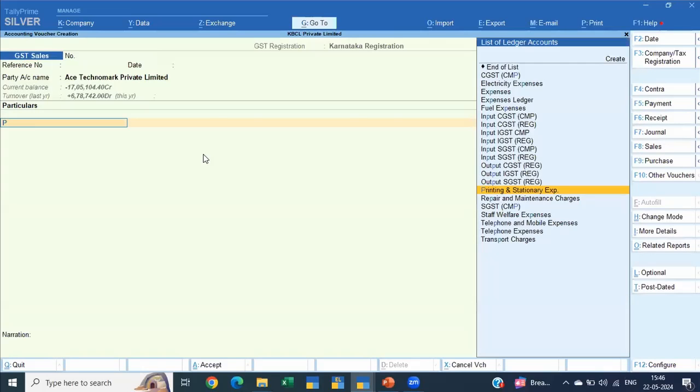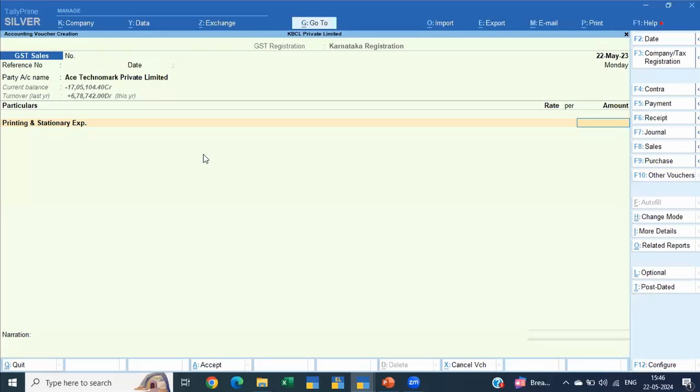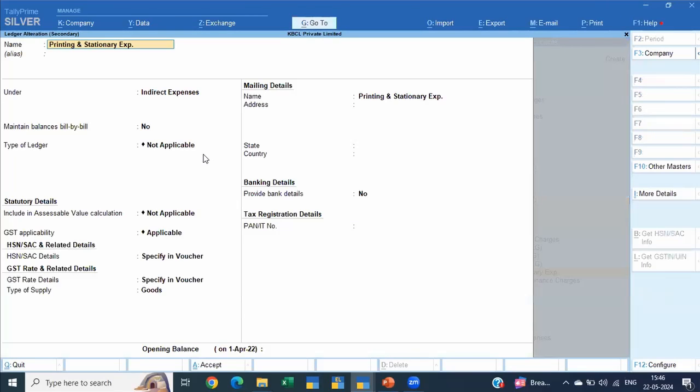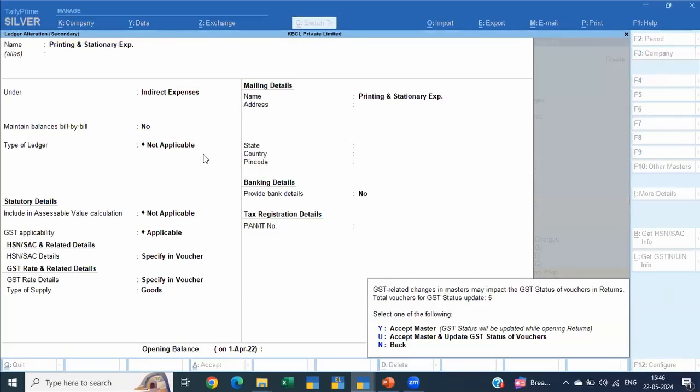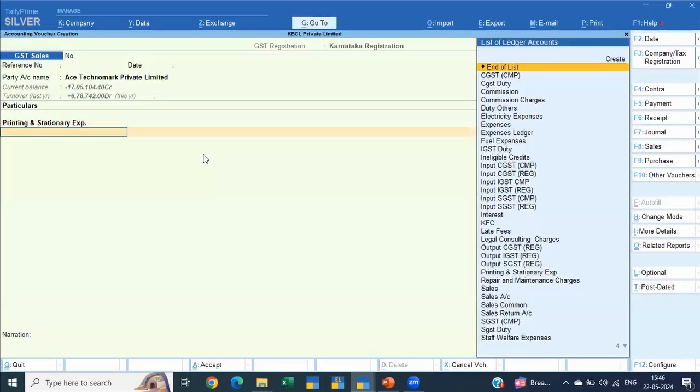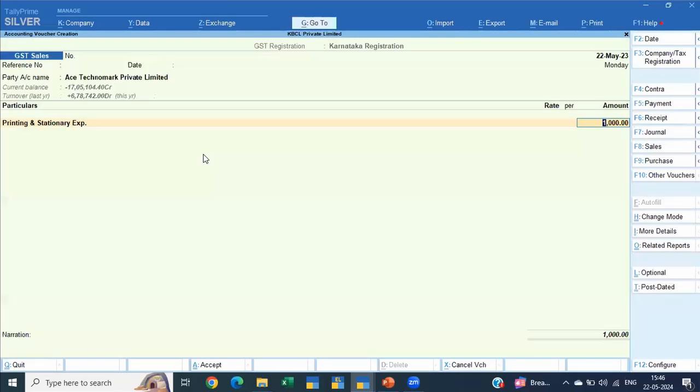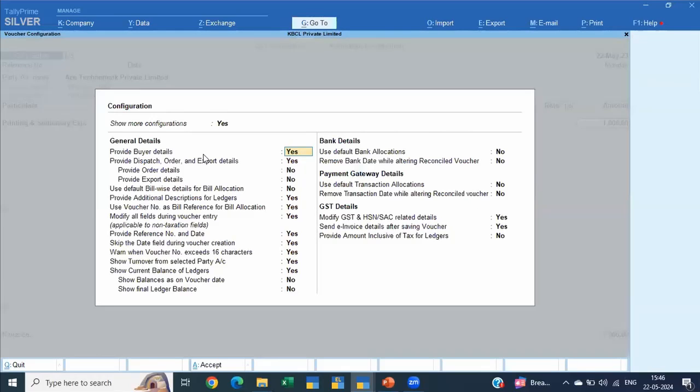So I'll say printing and stationery expense, wherein I'll say 1,000 rupees charge. If you don't get the information, just press F12.